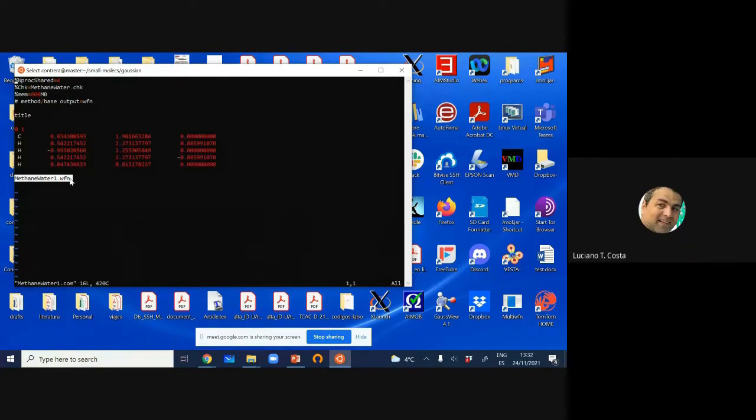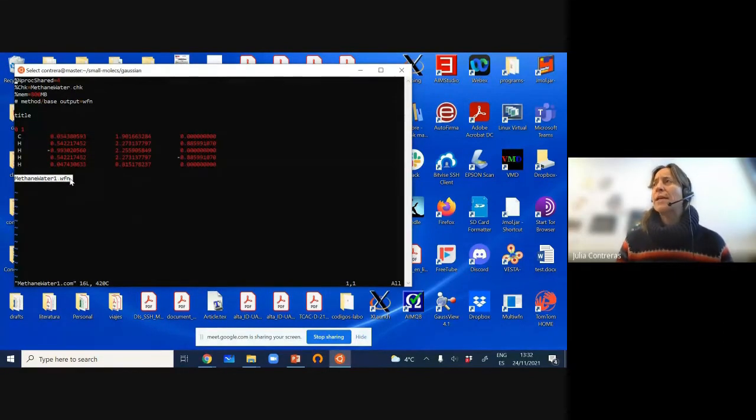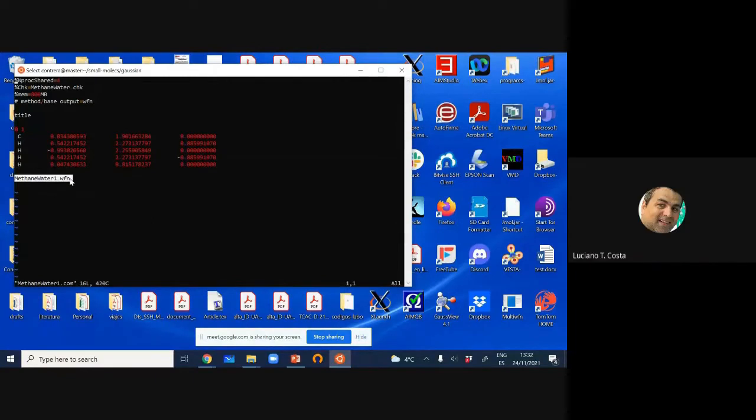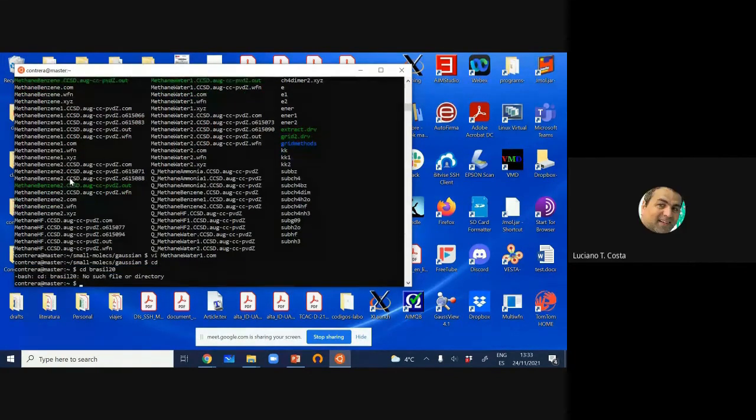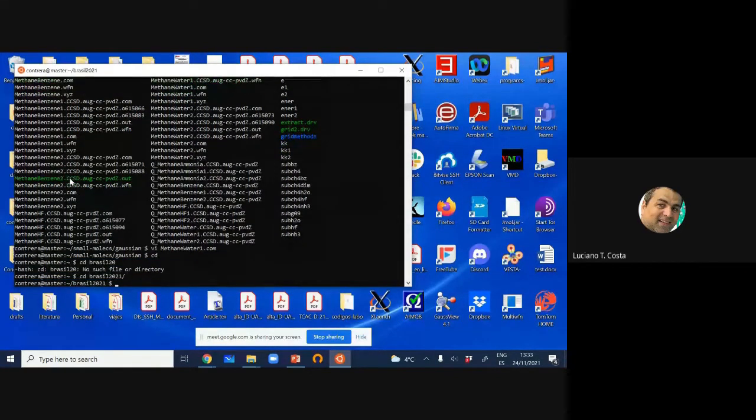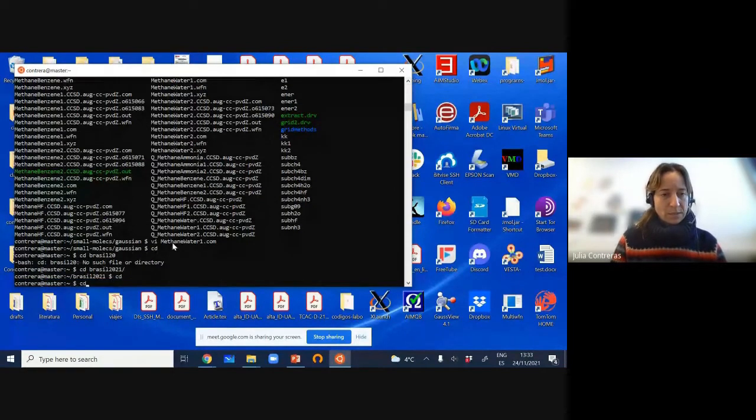Okay. So Luciano, do they have access to Gaussian on the cluster? Yeah, I have here some Gaussian users, but in the clusters, to use Gaussian there, it's complicated during the course here because we need to use the queue, and the queue is too long. Okay, so what I can do,